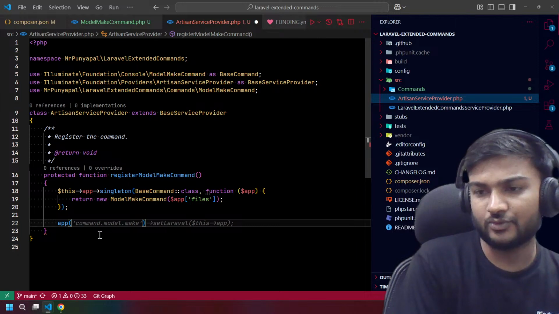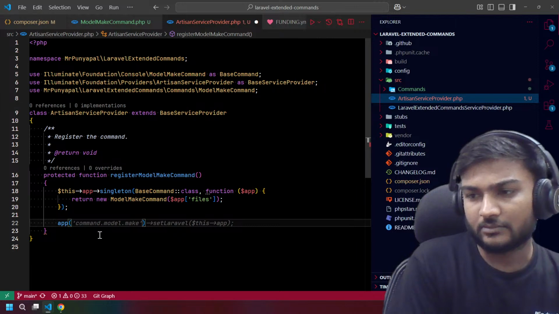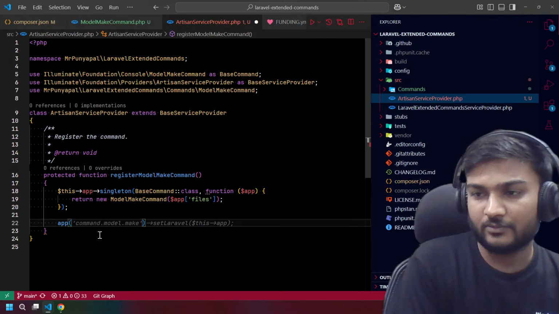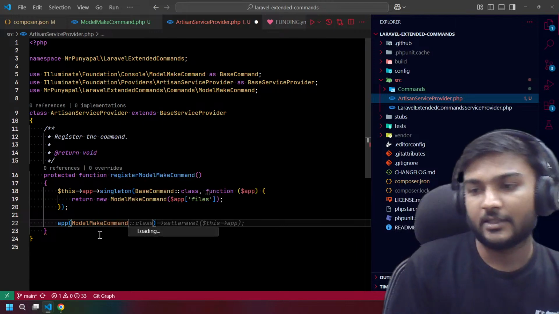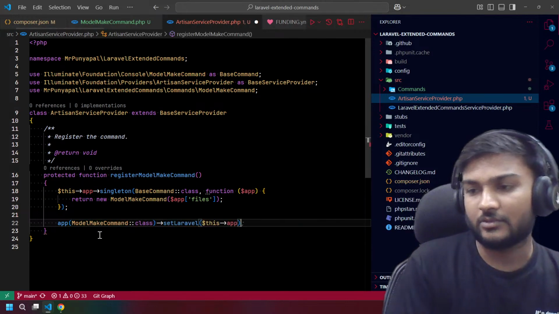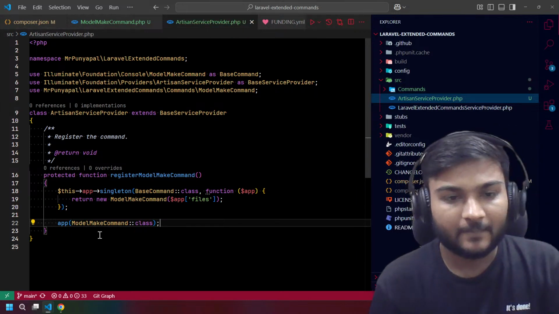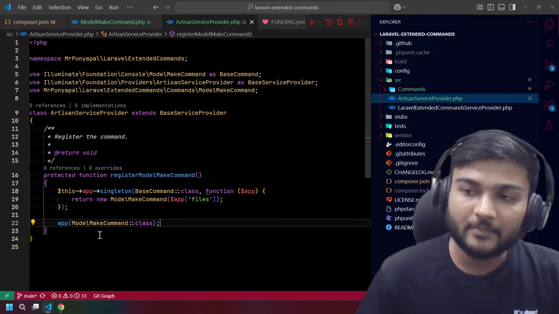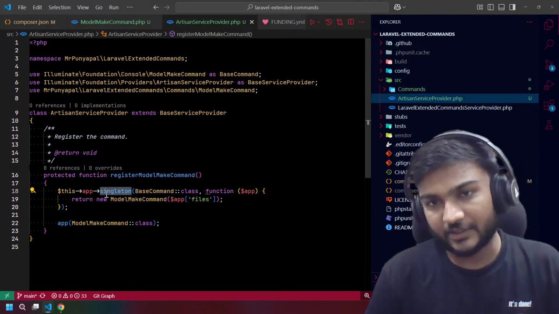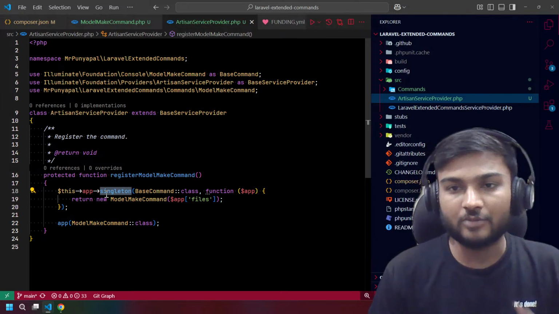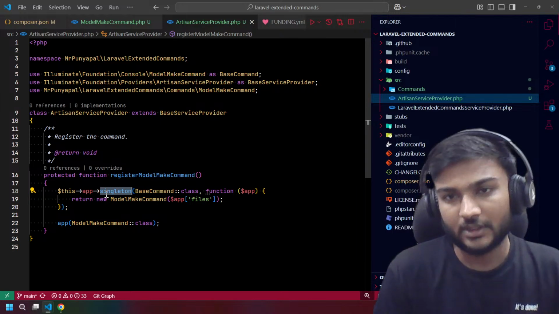This is the old way to bind the make model command, but what we actually want is model make command. If I use singleton, for a single request it will give me the same object again and again. That is what we call a singleton.